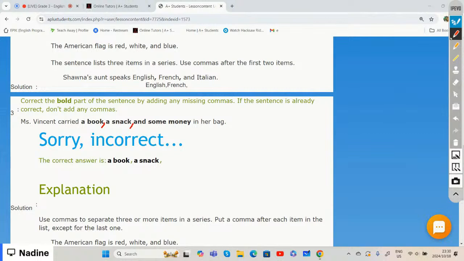So that also shows the three items, for example, that Miss Vincent carries in her bag. The items are a book, a snack, and some money. So we then need to add our commas. Well done. So now we're going to our test